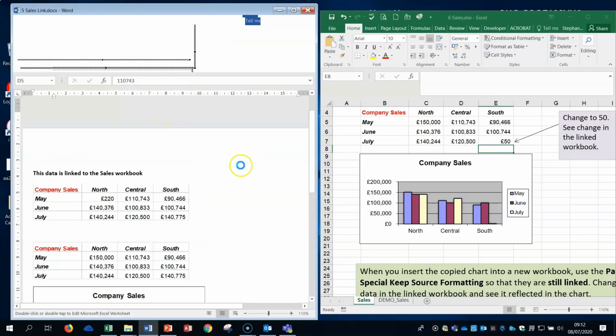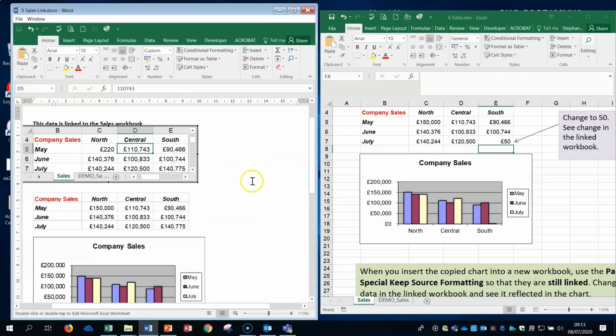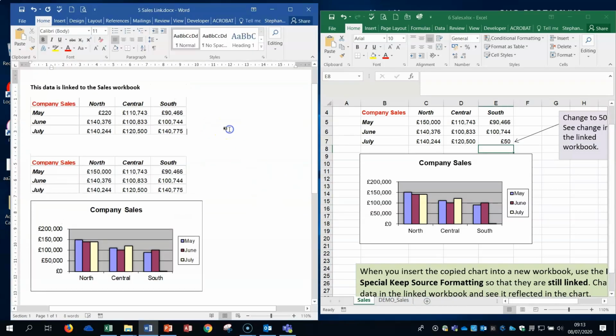It does get a bit wobbly in the exam, but don't worry, just stay nice and calm. And then you get the actual linked one where you go in and you could be changing the data source. But generally, with the link one, they just want to see that it's linked, and it could be data or it could be a chart object. Okay,